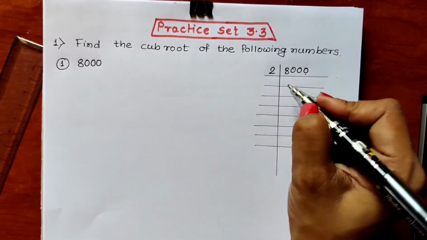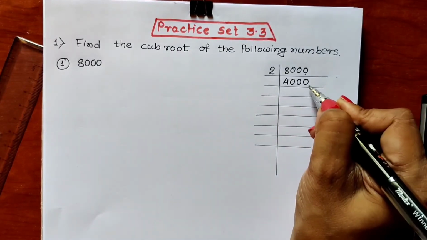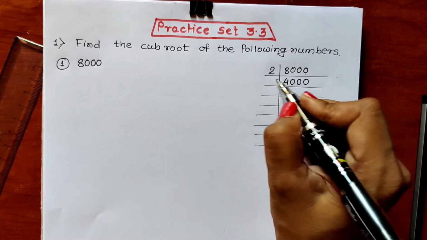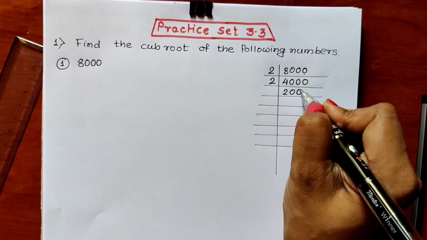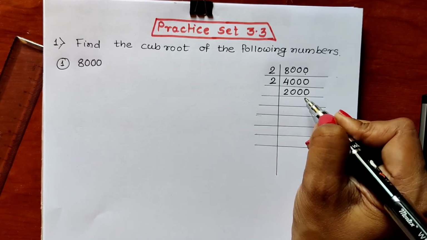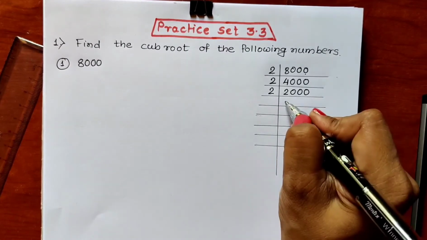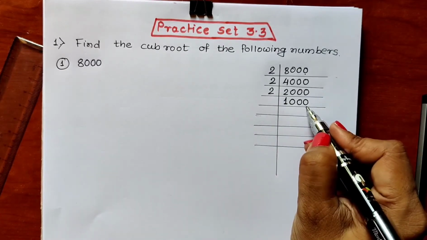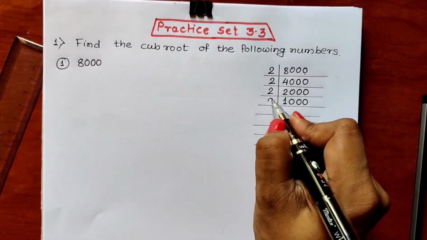2 will be our first factor. 2 4s are 8, 2 zeros are 0, 2 zeros are 0 and 2 zeros are 0. Again we have got 0 in the unit place. That means again this is an even number and it can be divided by 2. So 2 will be our second factor again. 2 2s are 4, 2 zeros are 0, 2 zeros are 0, 2 zeros are 0. Again 0 is in the unit place. Again 2000 is an even number and it is divisible by 2. So we will be dividing 2000 by 2. We will be getting 2 1s are 2, 2 zeros are 0, 2 zeros are 0, 2 zeros are 0. Again 0 in the unit place. Again 1000 is an even number. It can be divisible by 2.